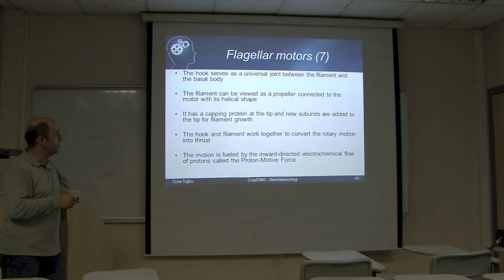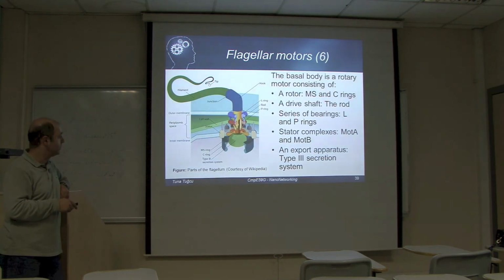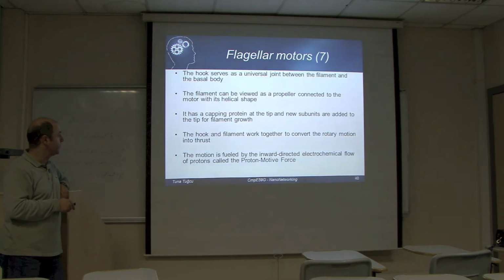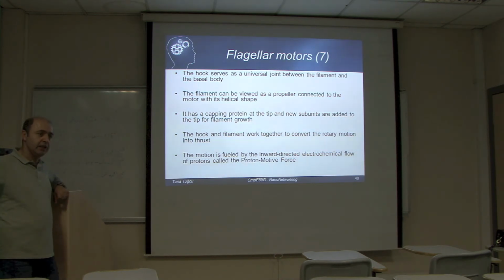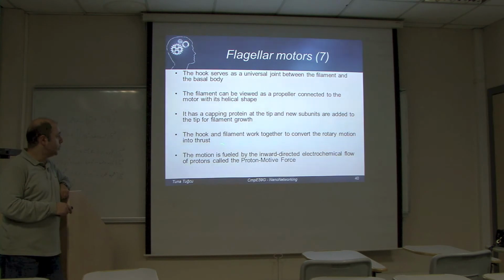The filament can be viewed as a propeller connected to the motor with its helical shape, and it has a capping protein at the tip, and new subunits are added to the tip for filament growth. The hook and the filament work together to convert the rotary motion going in here into thrust that will push the body in the reverse direction. And the motion is fueled by the inward directed electrochemical flow of the protons. Therefore, this is called the proton motive force